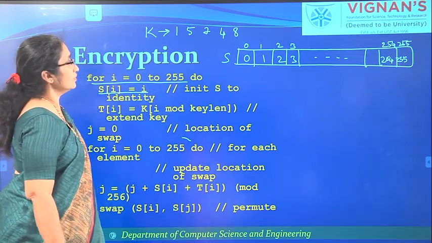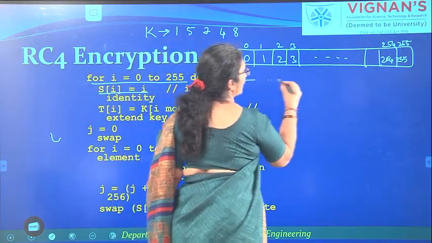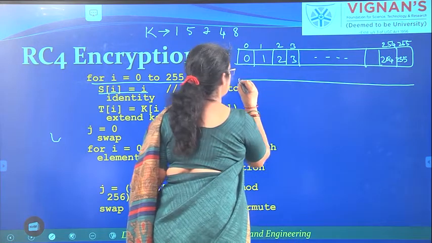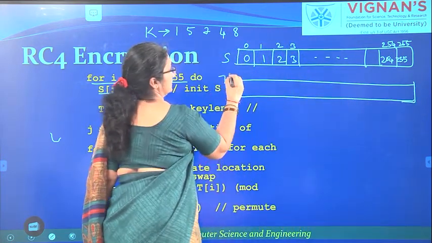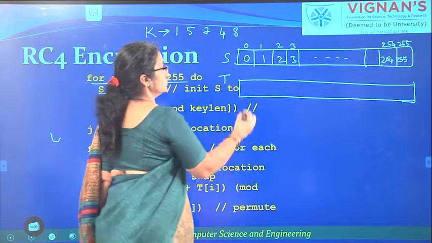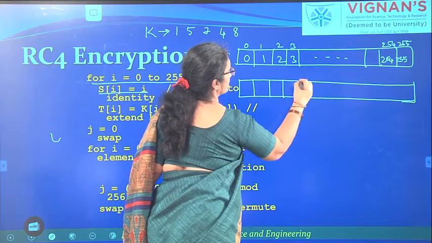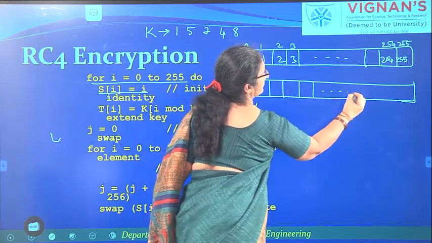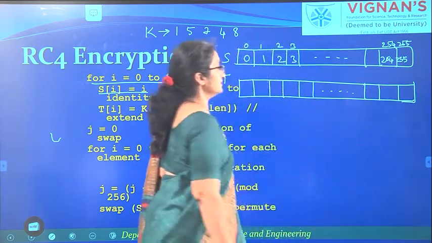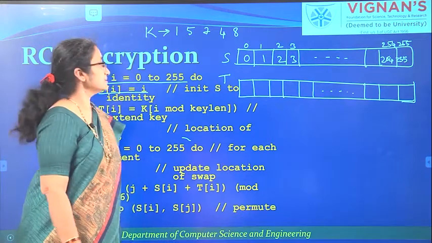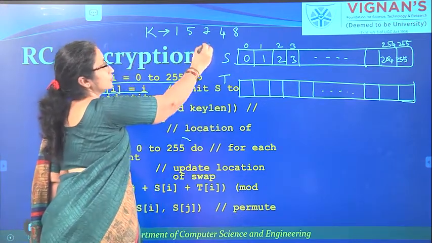Now, you are taking the key value and extending the table T with the key value. How should this key table T be? It should also be of the same length as the state matrix. So, here we have taken the key as 1, 5, 7, 4, 8.